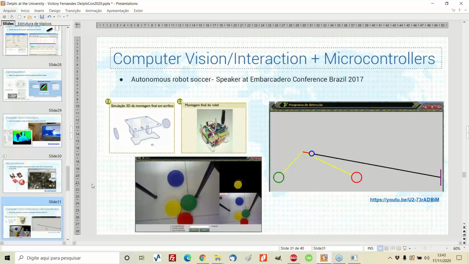So now I need to have a computer actually reading stuff like these images here on the bottom left. So we have blue circles, yellow circles, green circles, red circles. And on the right, we see how this Delphi 7 application is actually processing this information coming from the camera and sending information through a Wi-Fi network or ZigBee network to mobile robots in order to play soccer in an autonomous way.